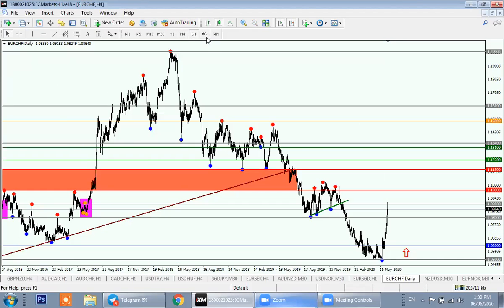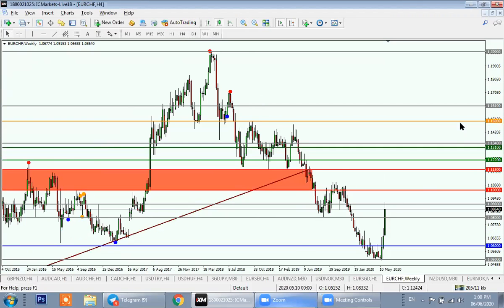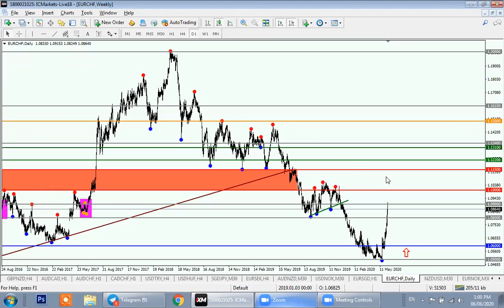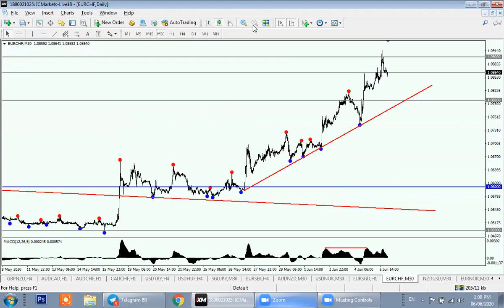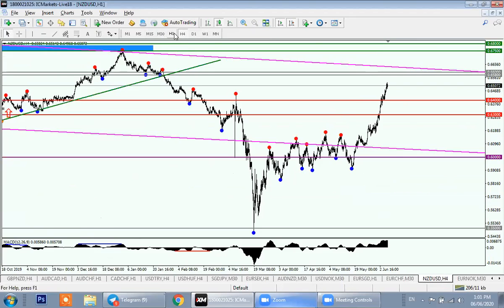Okay, so price is currently sitting around a resistance zone. So we're looking for sell opportunities and price can still test our upper one before going downwards. And here is the view from M30 and the USD